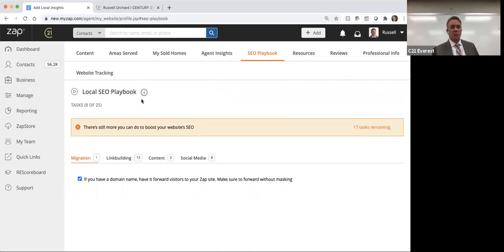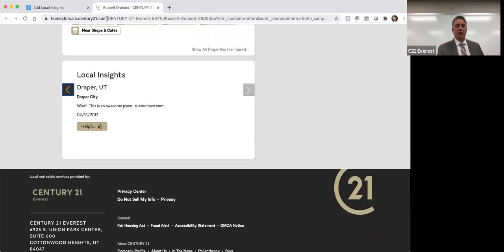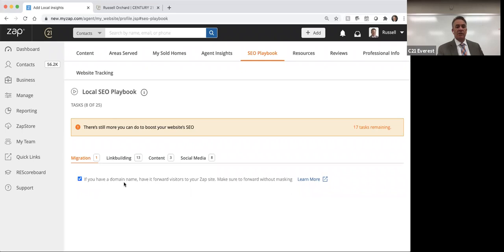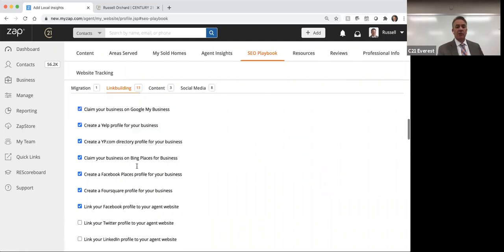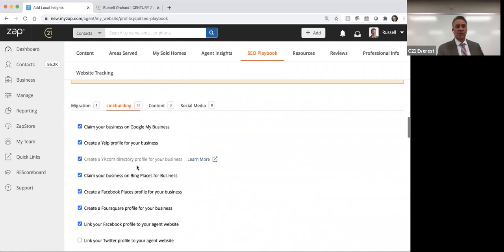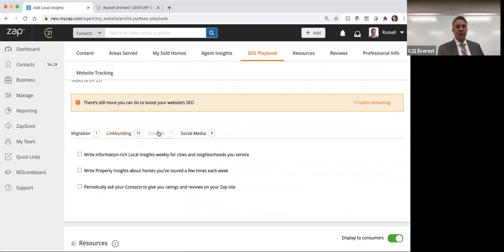But this SEO playbook. So this is, again, ideas that will help your site to be more searchable. And so you'll see the first one on here is, if you have a domain name, have it forwarded. That's what we were talking about up here, where I had rustorchard.com up here, that's what this is saying. And if you don't know how to do it, just click learn more and it'll show you. It's got the same thing for link building. You can see a bunch of check boxes of things that it recommends to do,